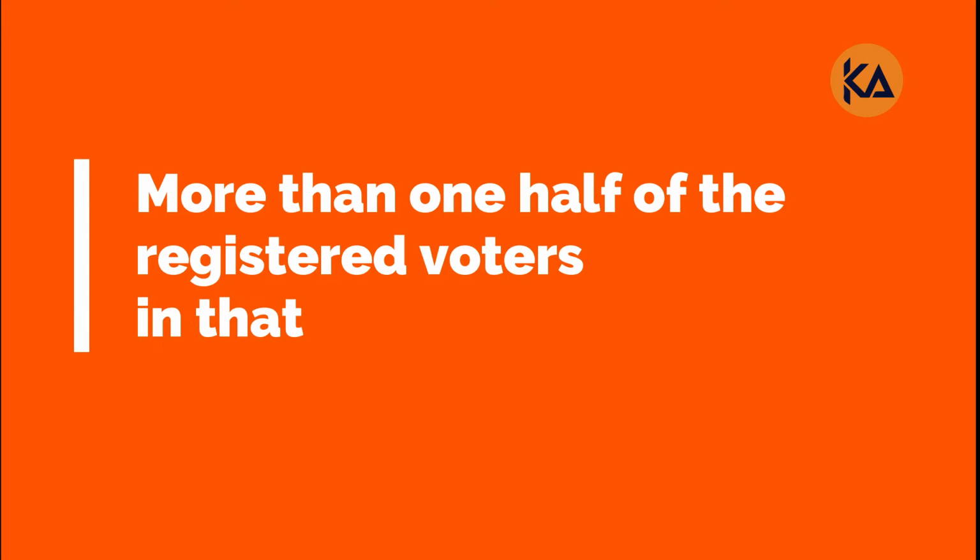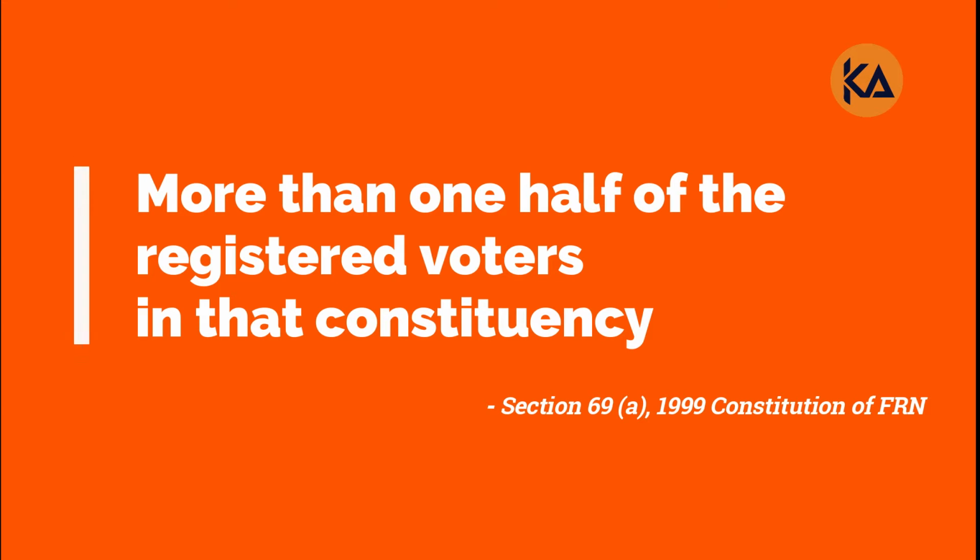Another question is this: how many people should sign that petition? The law says, for example, if there are 100 registered voters in constituency A and they have lost confidence in their senator or House of Reps member, that means out of the 100, at least